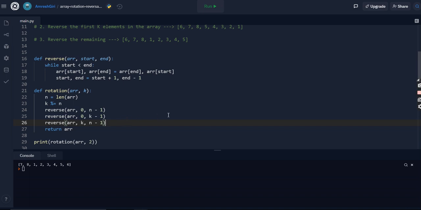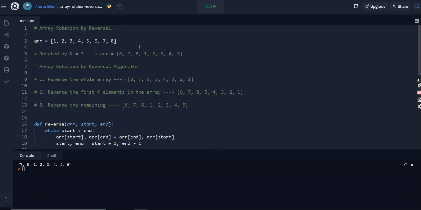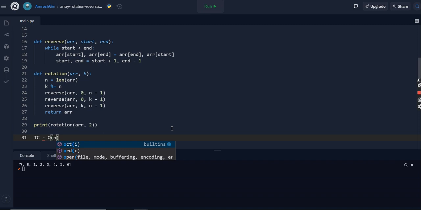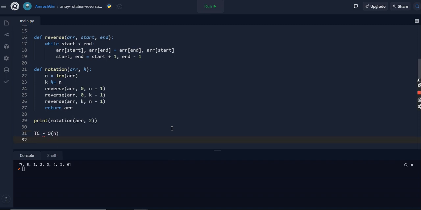And then talking about the space complexity, it's going to be big O of constant, big O of 1, because we are not using any extra space over here in the memory. We are doing it in place. All the reversal and rotation is happening in place. We are not using any extra memory. So it's very efficient in terms of time complexity as well as space complexity. So time complexity is going to be big O of n, and the space complexity is going to be big O of constant, right? Not zero, but big O of constant.